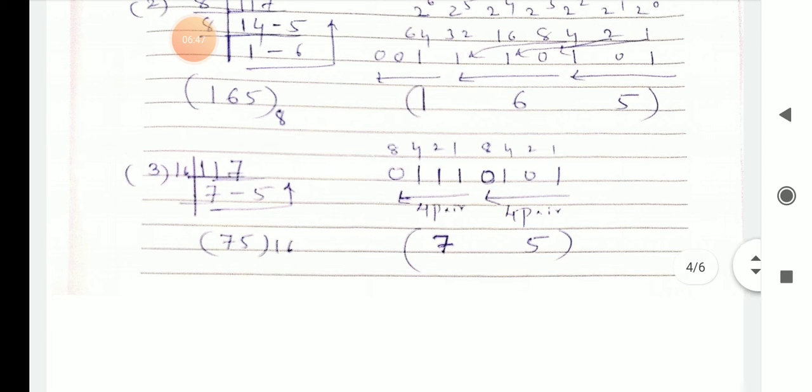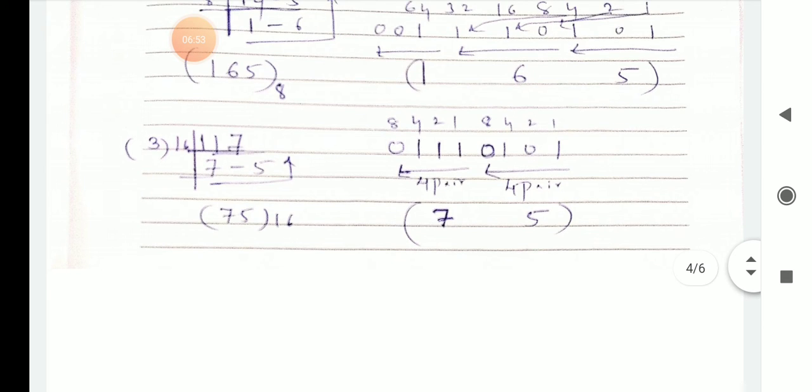So next you have to convert a decimal number into hexadecimal. Hexa means 16. So again take one example, 117 divided by 16, you are getting what? 75 is the hexadecimal number of that 117.